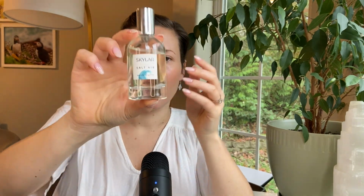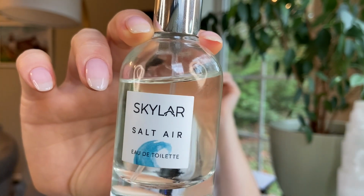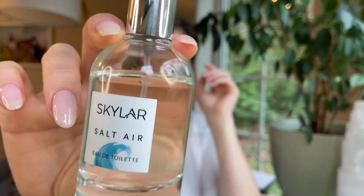Okay, next we're getting down to our last two. This is by the brand Skylar, and this is called Salt Air. I actually went to great lengths to find this older bottle because I like the older bottles more than the newer bottles. I don't think they reformulated the scent. I think it's just the bottle. But this one, this is another marine